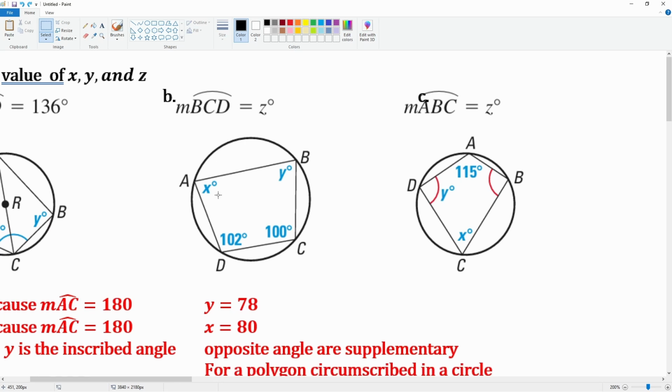To get Z, BCD is what A produces. So if X is 80, BCD is 160 because that arc is the arc for the inscribed angle of angle A. Angle C, question C,